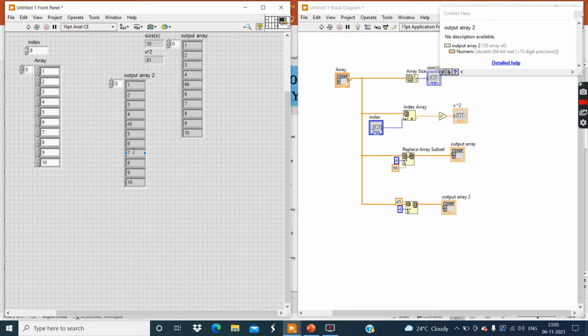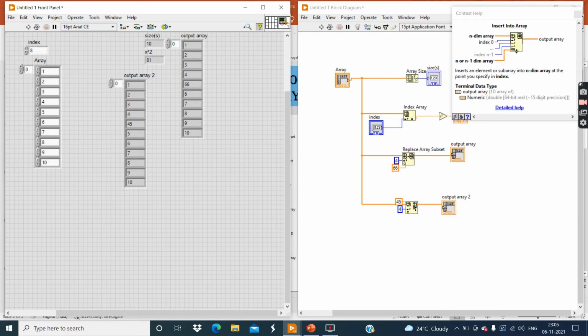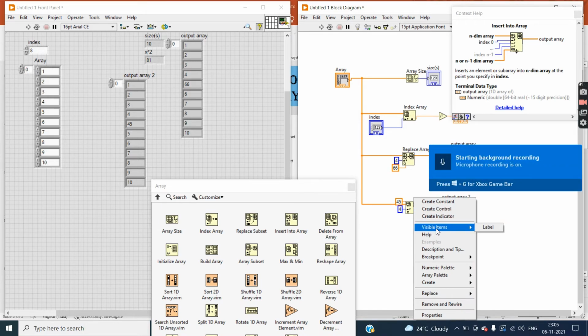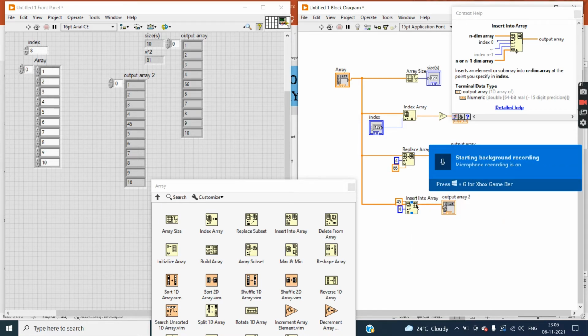That means 11 numbers are present. And see, on the fourth position I have added 45. Understood? This is the function of insert into array. Click on this, visible item and label. Yes, insert into array.